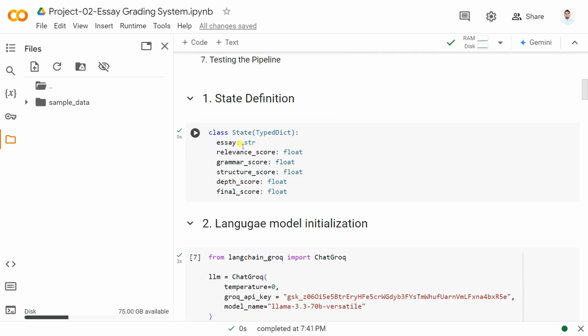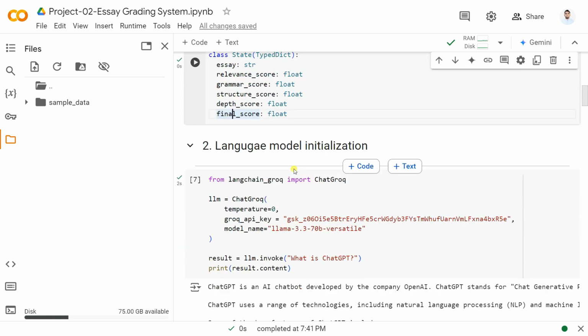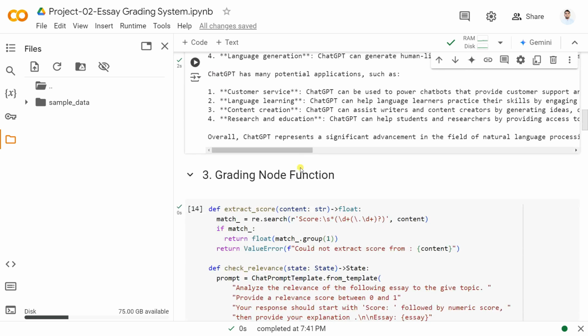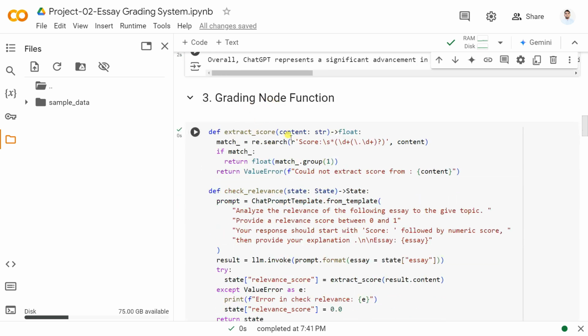इसके बाद हमने क्या किया, स्टेट को डिफाइन किया। ऐसे स्कोर हैं जो फ्लोटिंग पॉइंट नंबर में होंगे: ग्रामर, स्ट्रक्चर, डेप्थ, इसके बाद फाइनल स्कोर। इसके बाद लैंग्वेज मॉडल को इनिशियलाइज कर दिया। इसके बाद ग्रेड नोड फंक्शन क्रिएट किया।